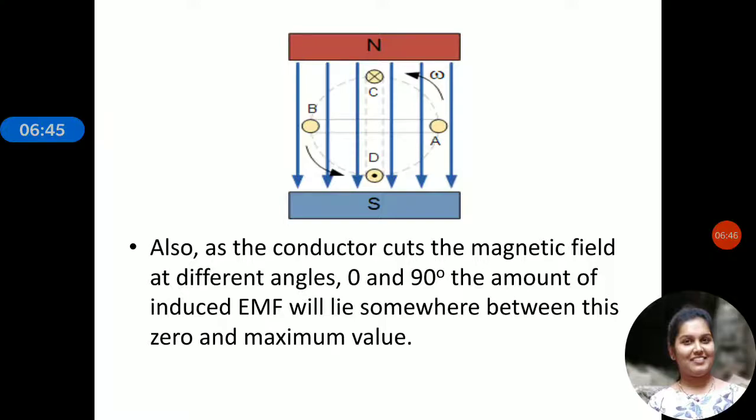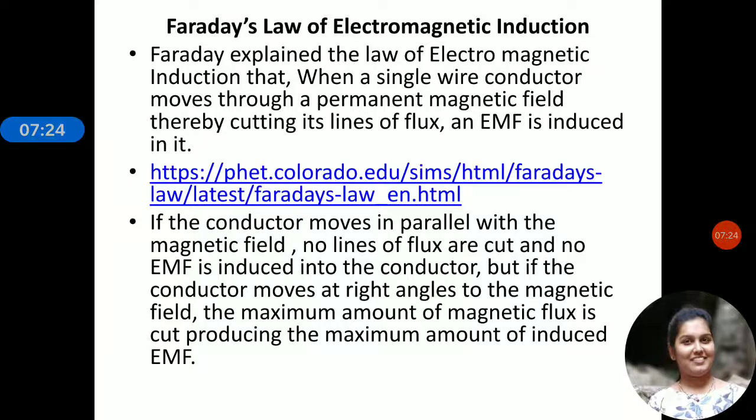So when this conductor is placed between the magnetic poles, because of the magnetic lines of force, the conductor placed in the magnetic field will try to move its position. This movement of the conductor, here AB, causes an EMF, or else it produces some energy. That principle, or that law, is called Faraday's laws of electromagnetic induction. To understand it clearly, we'll go into a simulation graph.